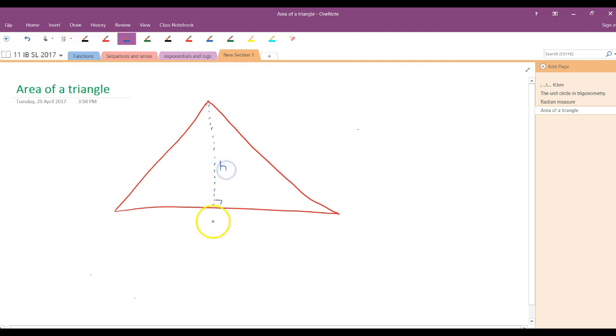Give me the perpendicular height and give me the base, and I'll tell you that the area is a half base height. Well, what is this doing in the IB course? Well, I'll tell you what it's doing in the IB course. It relates to what we've been doing in trigonometry in this section, like so, because we're going to look at